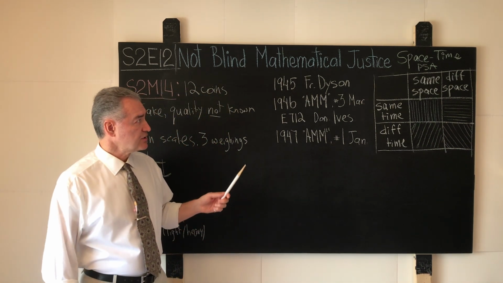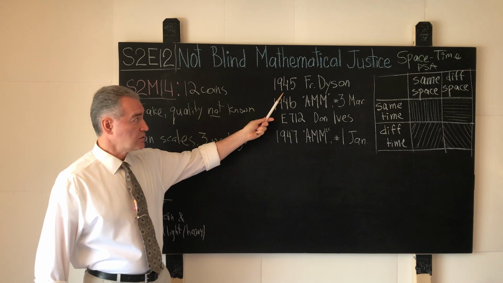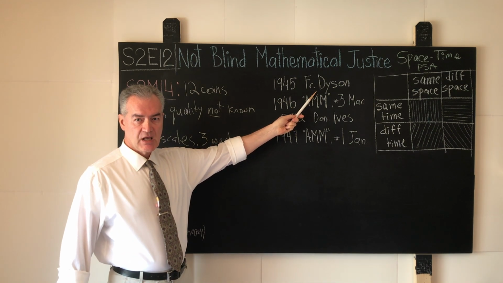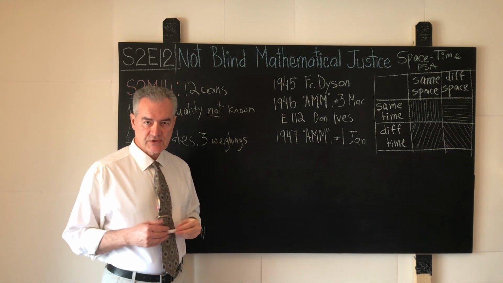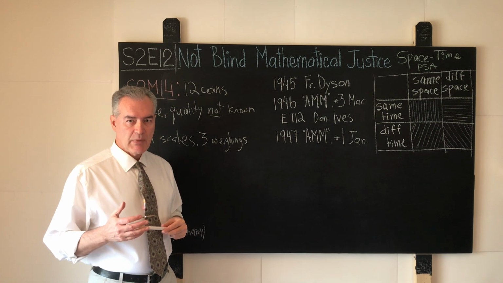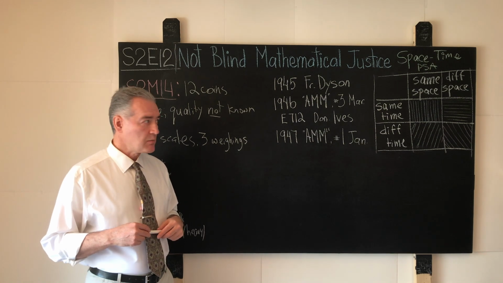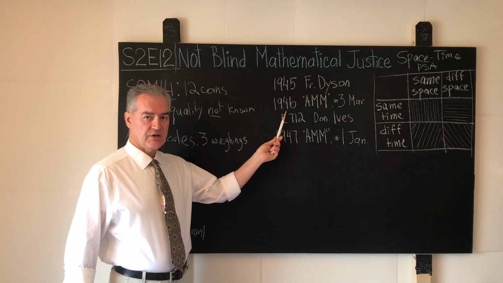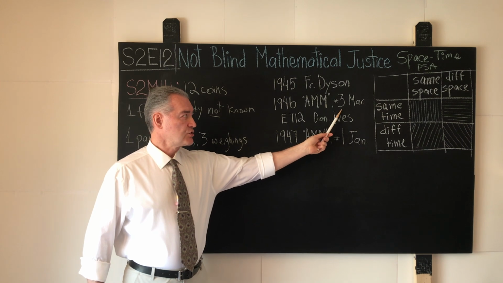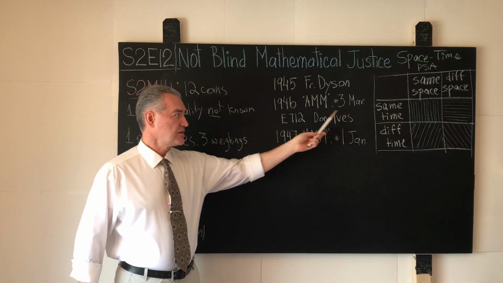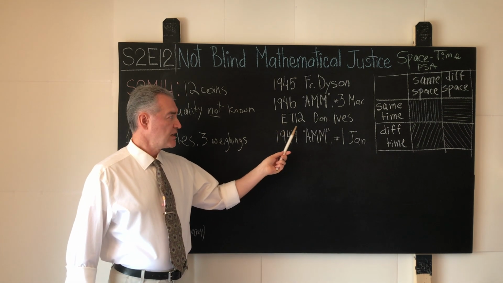To the best of my knowledge, this problem was first published in the West in 1945, and the author of that problem is the famous theoretical physicist Freeman Dyson. And again, to the best of our knowledge, but by all means feel free to verify our information, about 1 year later and independently from Freeman Dyson, that same problem was published in 1946 in the publication called American Mathematical Monthly in the issue number 3 in March. And in that issue, that same problem appeared under the number E for elementary 712.